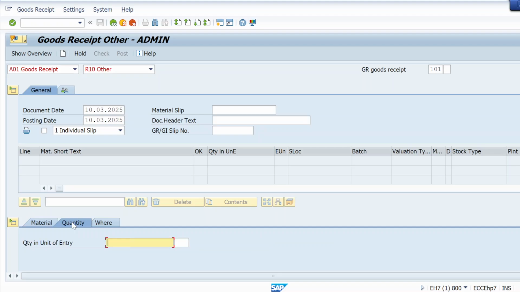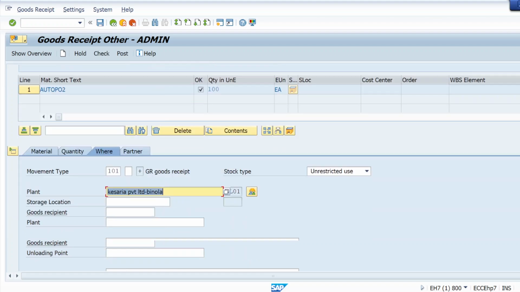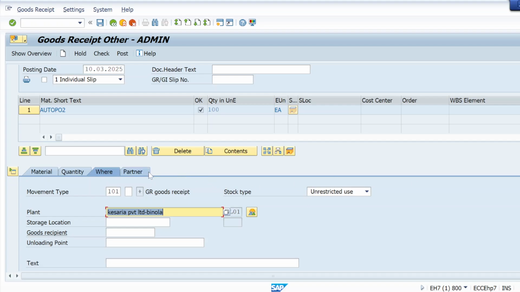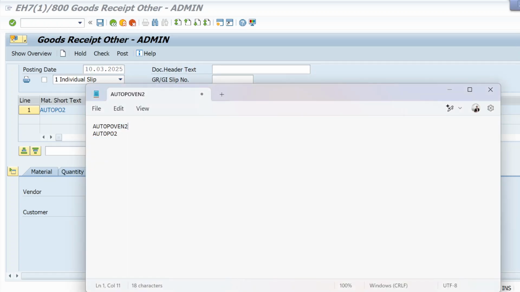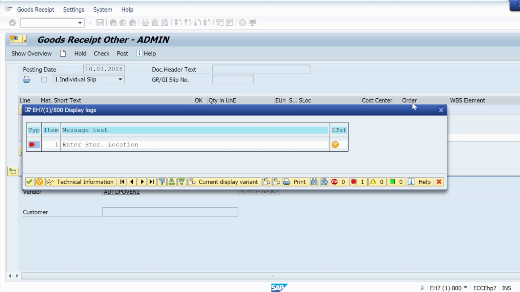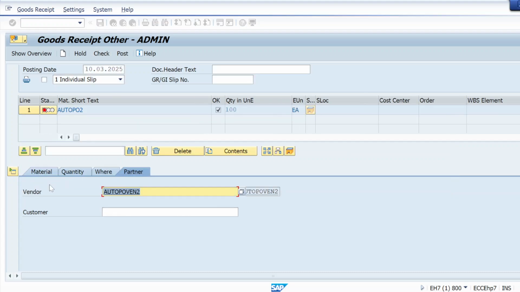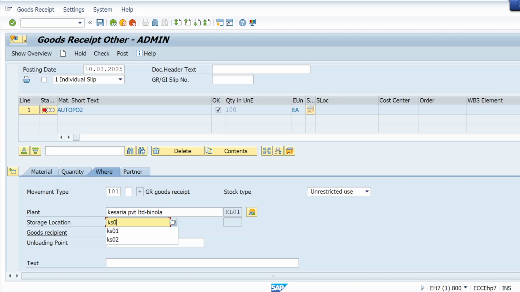Auto PO, last time we will check. Otherwise, storage location.